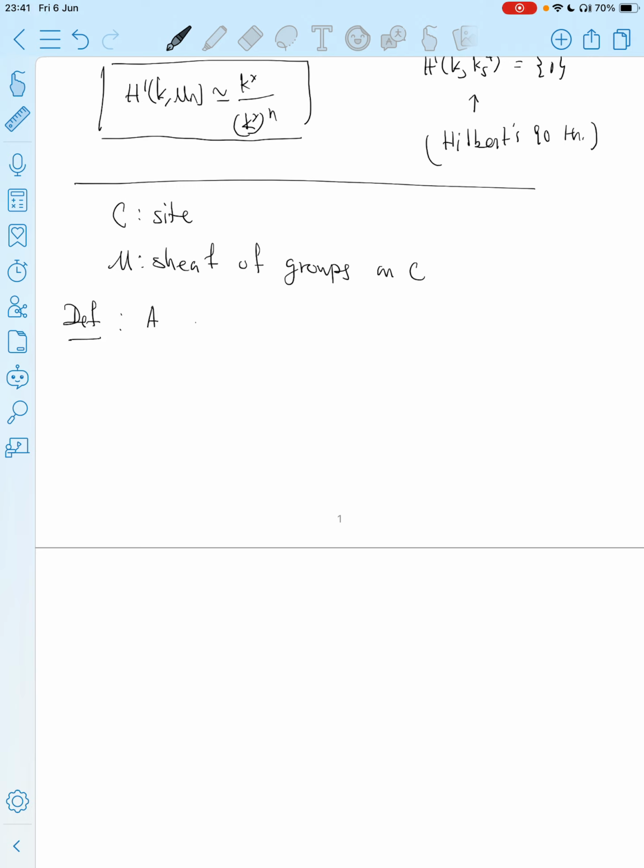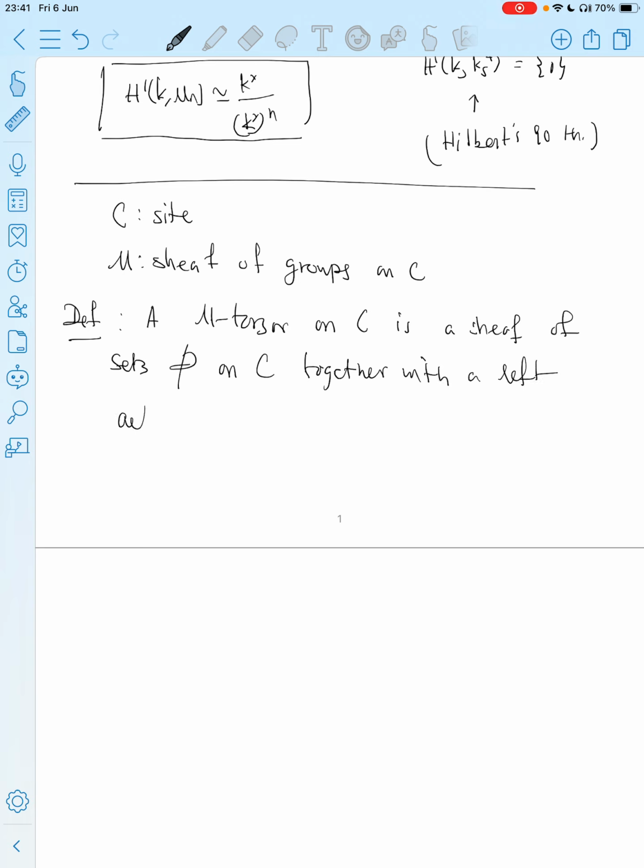So a mu-torsor on the site C is a sheaf of sets script P on C together with a left action of this sheaf of groups mu such that